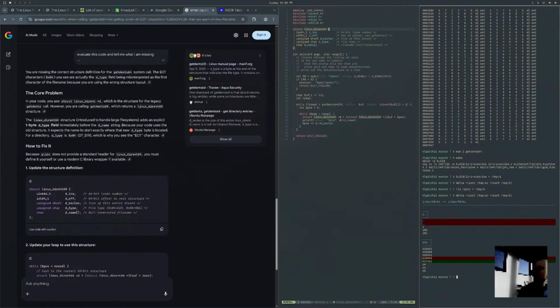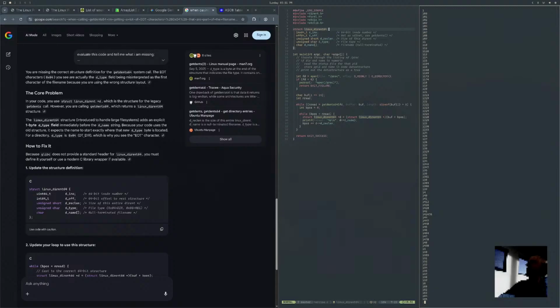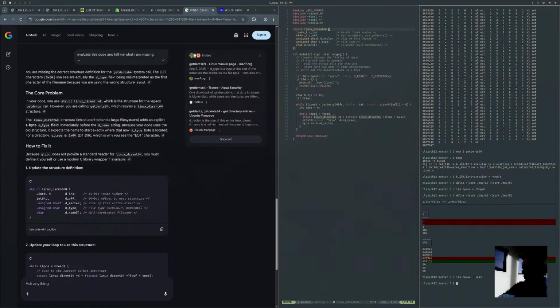So I guess the difference is ls has this proc ls. Yeah, they have the thing that removes the which